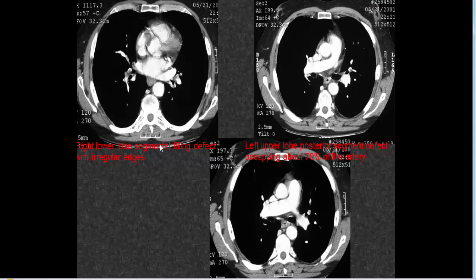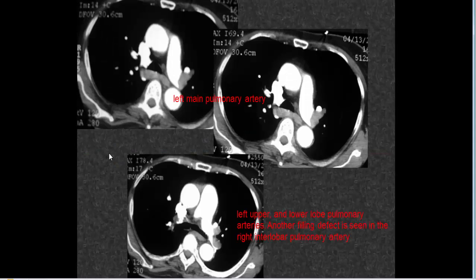Right lower lobe segmental filling defect, as we see, with irregular edges. Left upper lobe posterior segmental defect, occupying about 70% of the artery. As we see, left main pulmonary artery, intraluminal filling defect, pulmonary embolism. Left main pulmonary artery, left upper and left lower lobe pulmonary arteries,